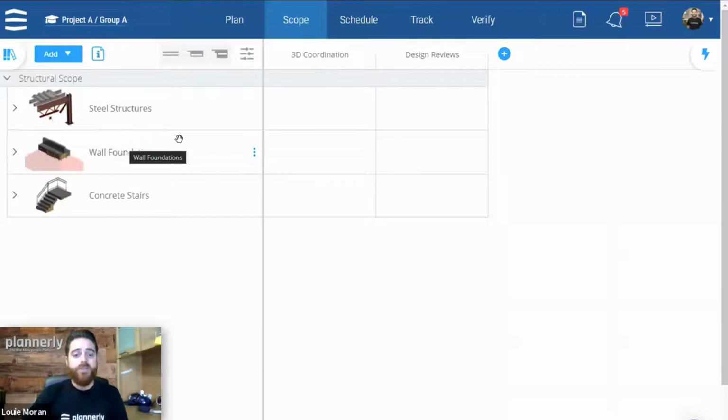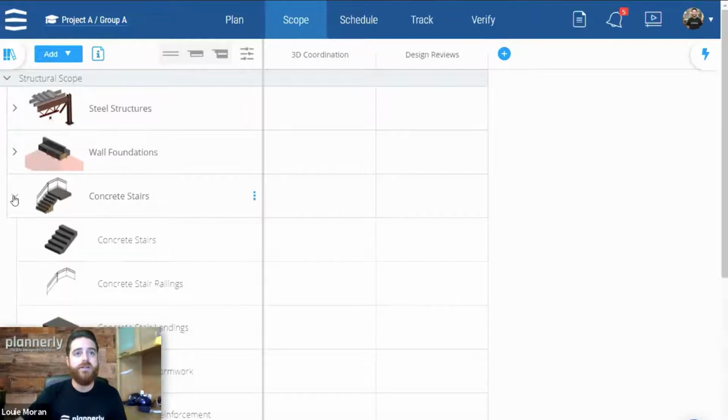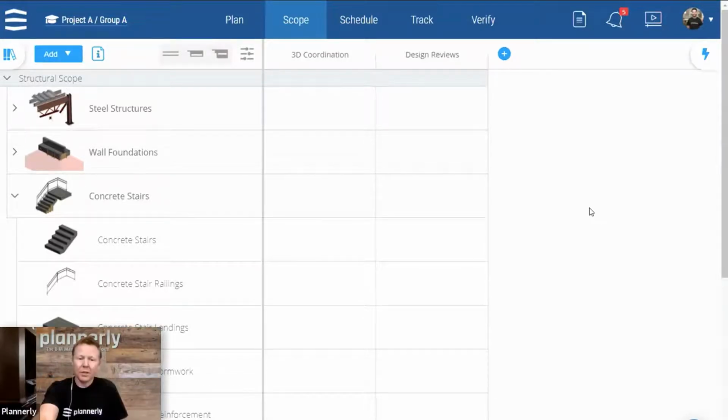Now, what the students should be asking themselves is exactly what information or how much information is actually needed to accomplish these deliverables. If we were to open up, say, the concrete stairs, what geometry would you see defining these deliverables for the concrete stairs, Clive? Do you want to go ahead and start clicking away? Yeah, absolutely. So if I was to need it for coordination, I would certainly not want to just have a 2D representation. So I'd want a 3D representation, probably including the landings as well.